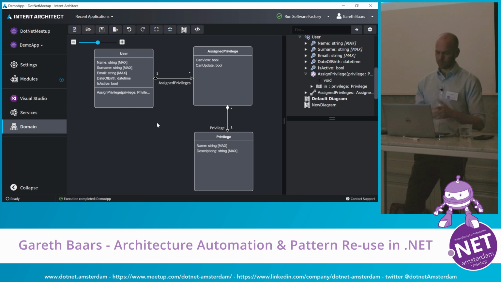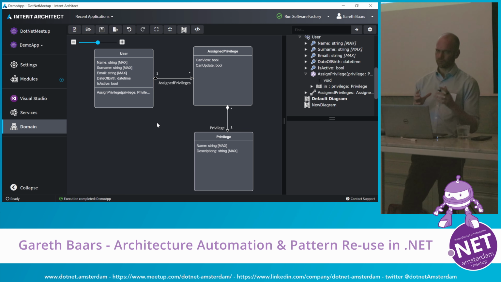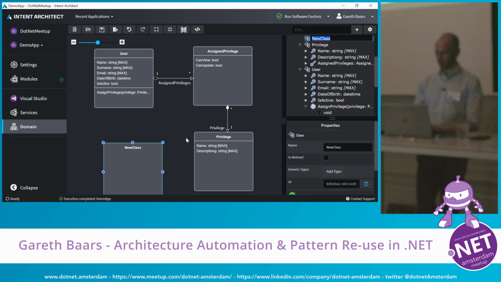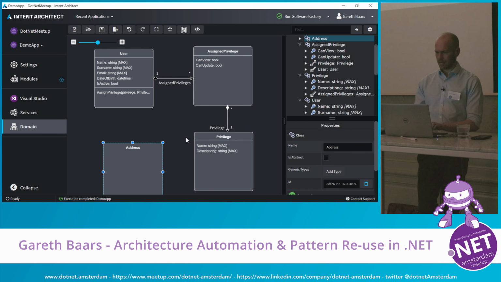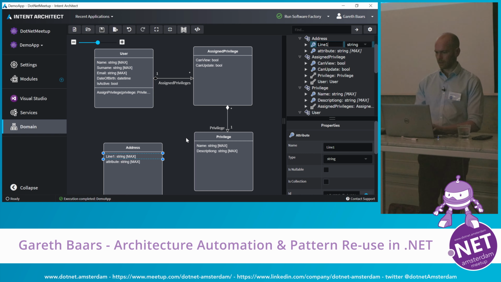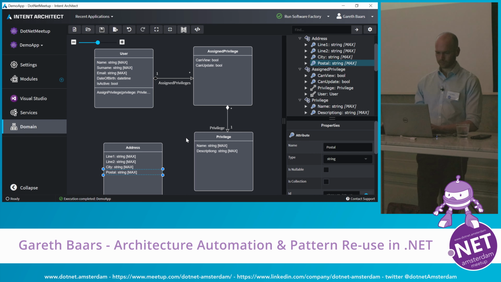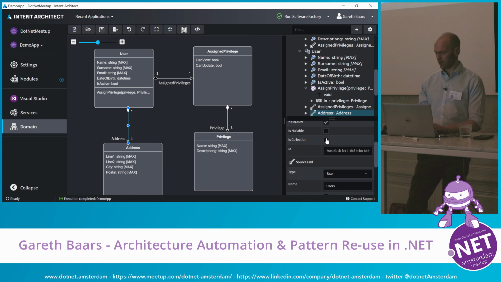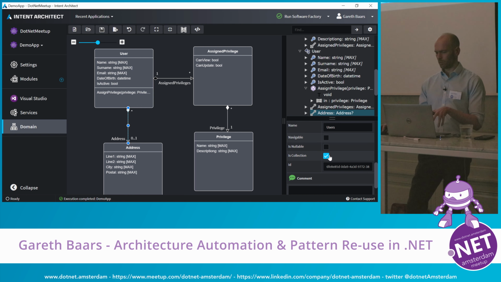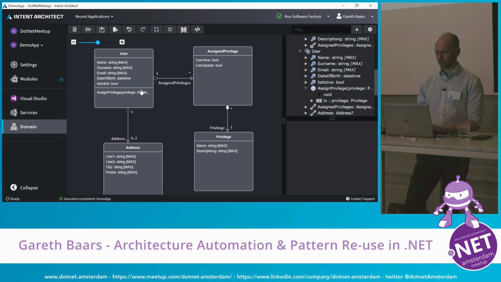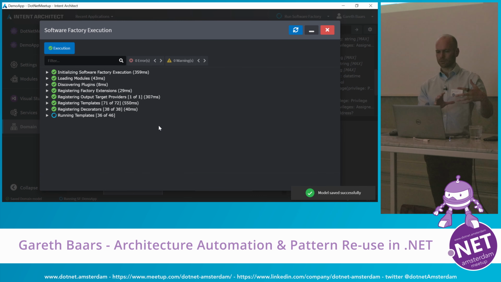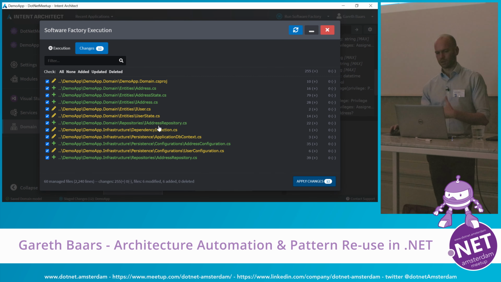cool, Gareth, this is great, but this is not really working for us because users need to have addresses on them. I can come here and I can obviously just go and create my address. I can add my line 1 and line 2 and my city and my postal code or something like that. And I can go and set up the relationships. And we can say that this may have an address, but each address is 100% belonging to that user. So 1 to 0..1 relationship, we can push save, and Intent is going to now shift the code base to this structure,